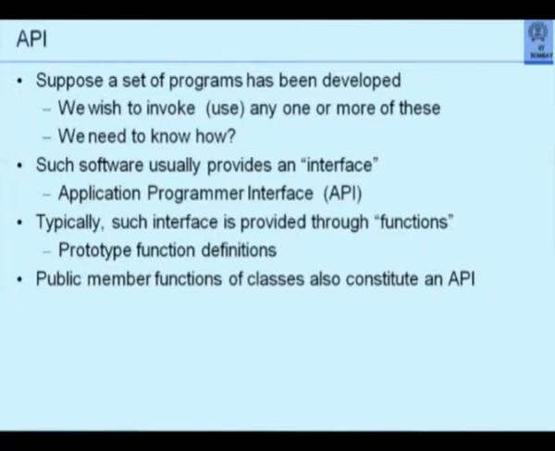Originally we saw that as a function, now we know that we can do that as a class library with class member functions. Now whenever you write functions in the classical style of C++, or whenever you define classes and member functions, the function names actually provide you with an application programmer interface.